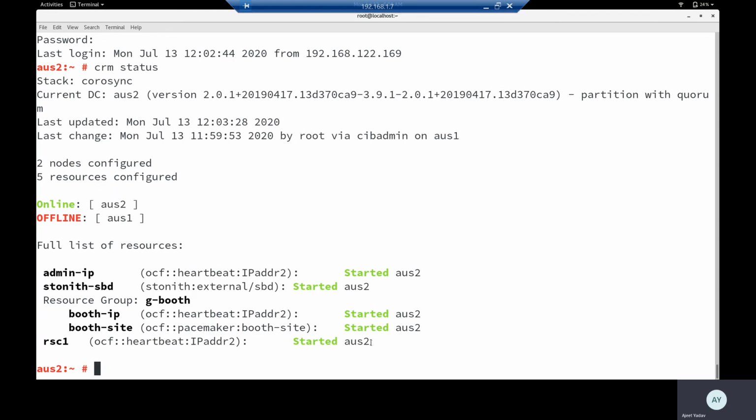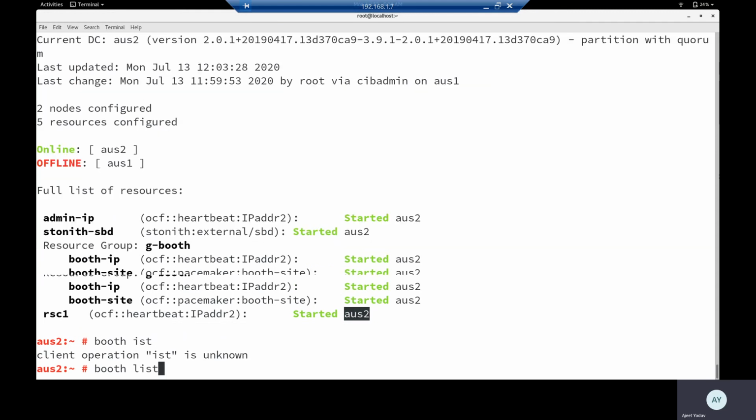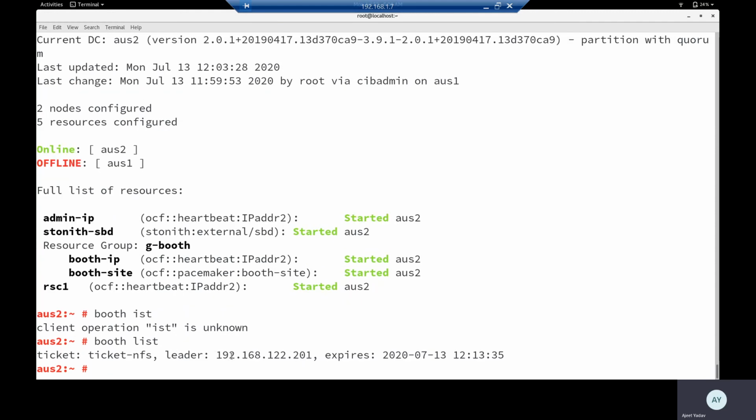If you shut down the whole site, site 2, which is Australia in my case, this resource will automatically load into the India location, the first site. So currently this particular IP is the leader.